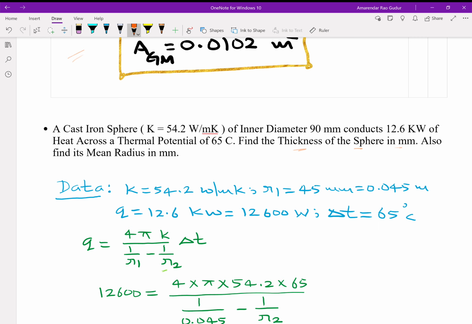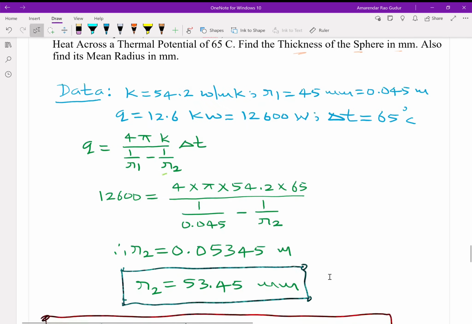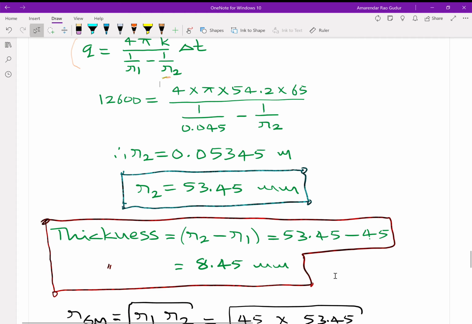If you note down the data, K is 54.2, R1 is 45 mm by 1000, 0.045 meters, and Q is 12.6 kilowatt into 1000, 12,600 watts, delta T is 65. Now we know the standard equation, Q is equal to 4 pi K, 1 by R1 minus 1 by R2, delta T. We have everything except R2. And if we substitute the given data here, R2 comes out to be 0.05345 meters,